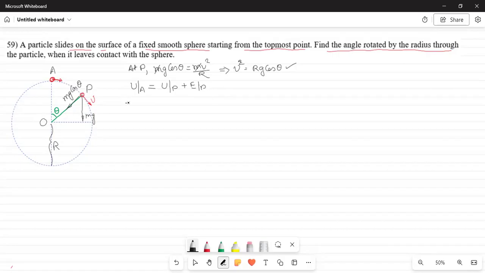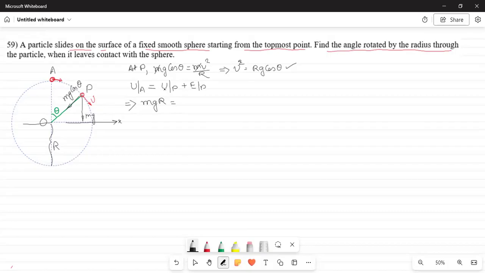From here, we get potential energy at A. This is the datum point, mind it. This is the x-axis. We are making all measurements referring to this horizontal line. Potential energy at A was mg into r, mg radius r,